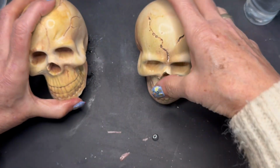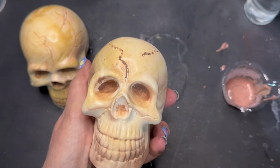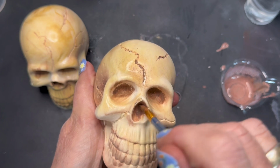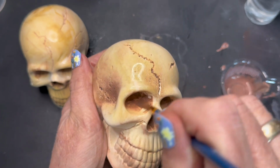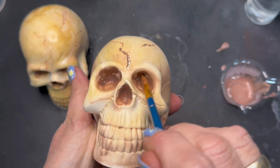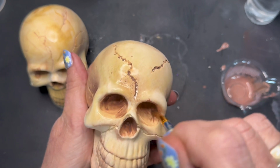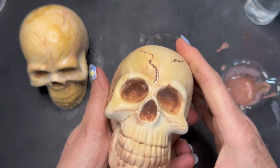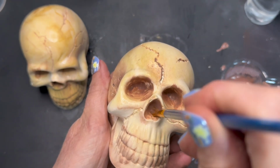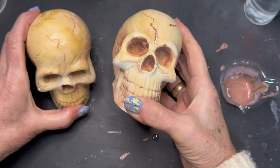There. Right, shall I just put a bit more of the dark in this one's nose, I think. Darken that up a bit. And in there. And in there. Right, I've got a bubble in there. I had a bubble of paint. Right, so that's our two